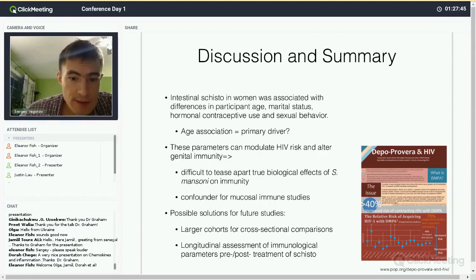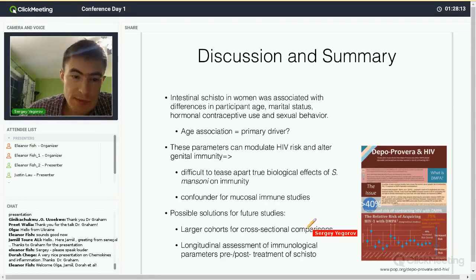That means that these factors would be confounders for future immunological studies. As an example, we saw a very strong significant association between not having schistosomiasis and using hormonal contraceptives such as Depo-Provera, which have been associated with increased HIV susceptibility. So it's possible,